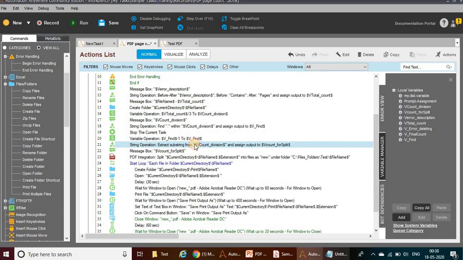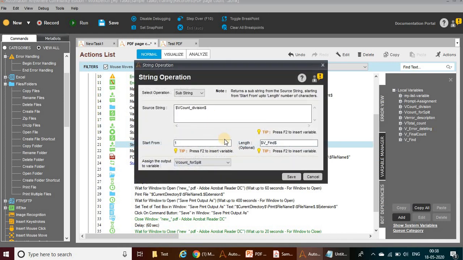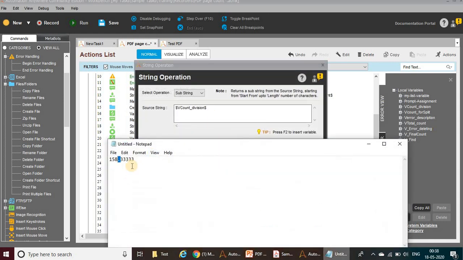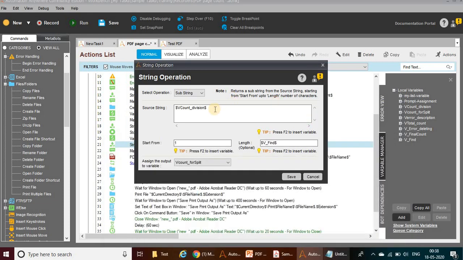Next, using the substring, I am getting the length from the first character to 3 characters, which is what I need. Very simple, since the fourth character is the dot. So I got the exact result and I have assigned this to one of the variables. Before using that, you need to make sure to create some more user variables. I have created a lot of variables and I am assigning this to a lot of user variables. So you can also do that.